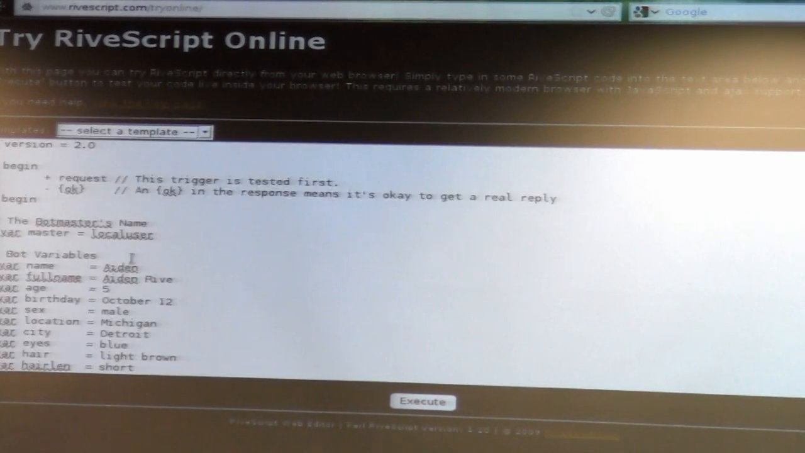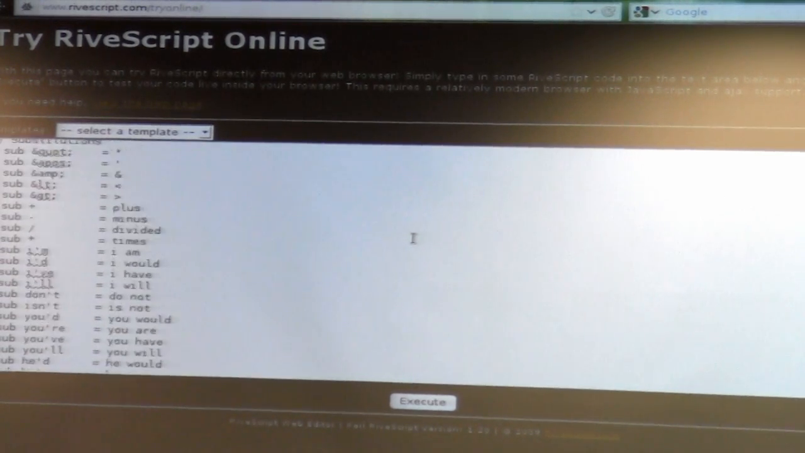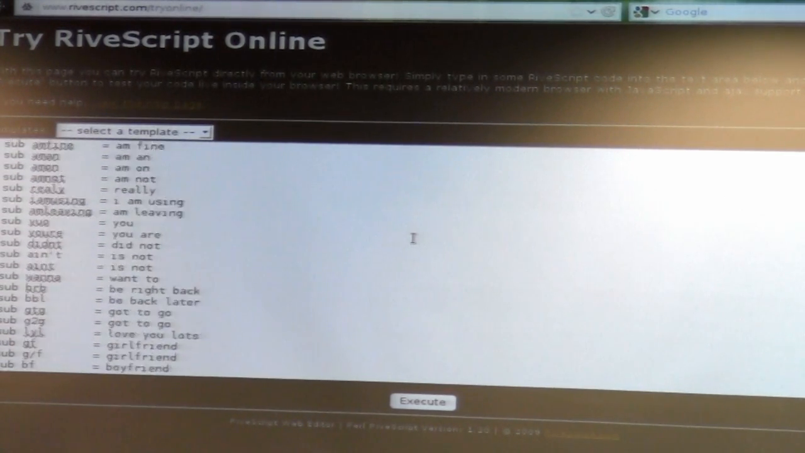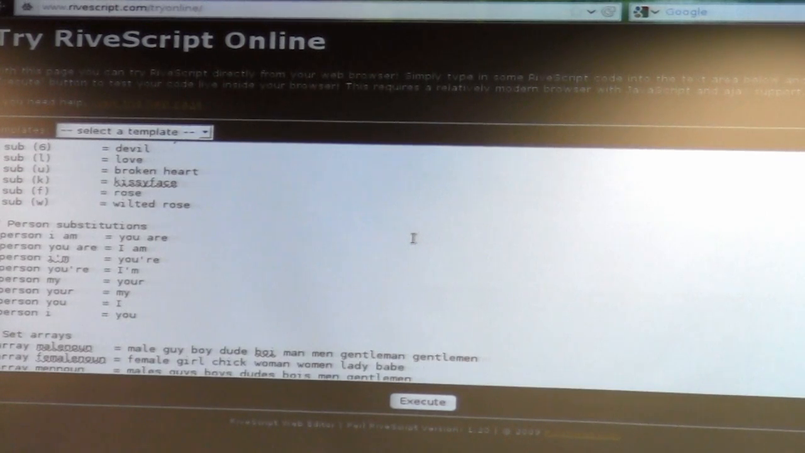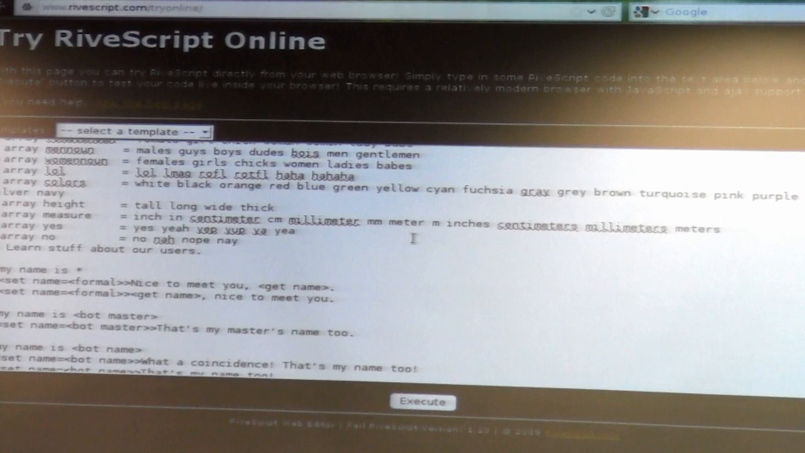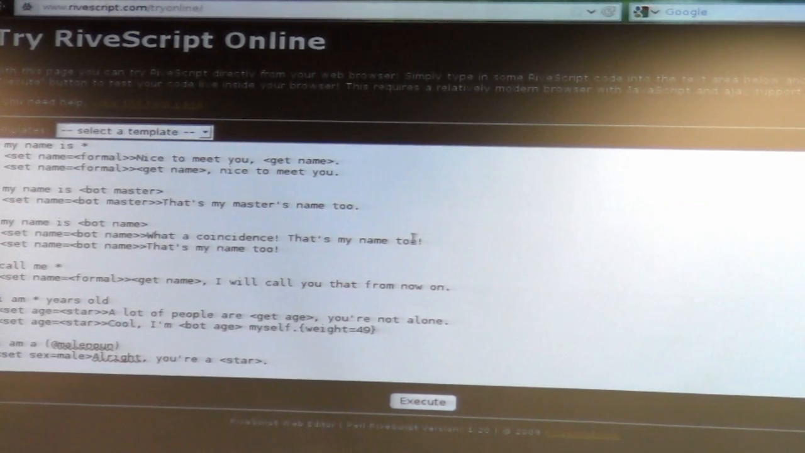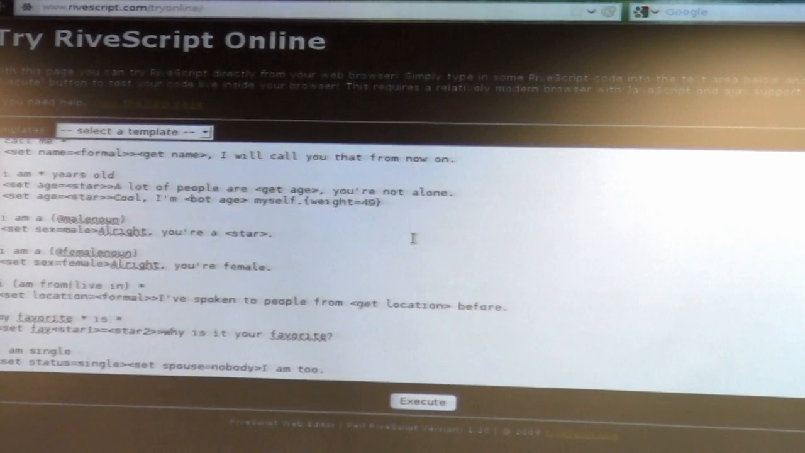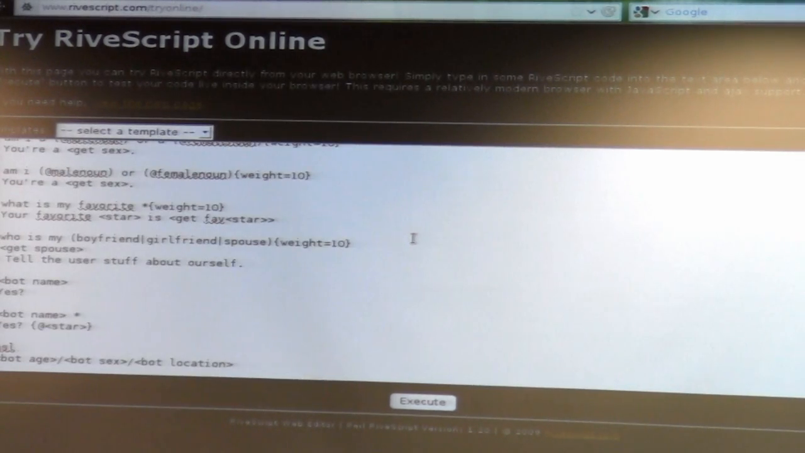The standard.rs is the one that ships with the distributions. It has a begin example for you, a full set of bot variables and substitutions, comparison substitutions. It has a few arrays. And then it's got triggers that can learn and repeat your information. And then after that,